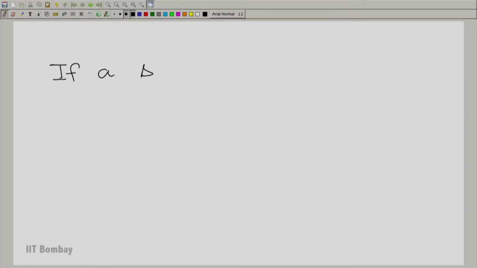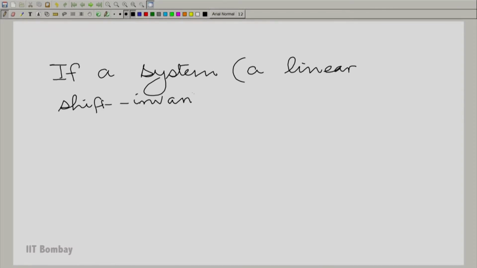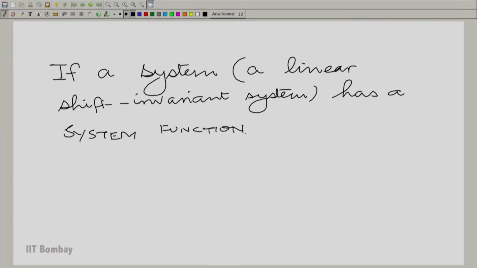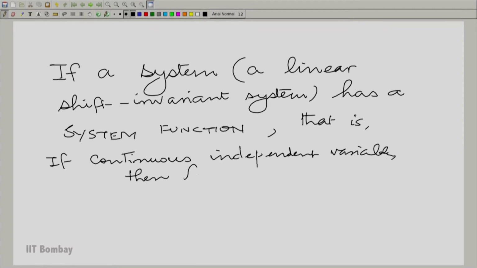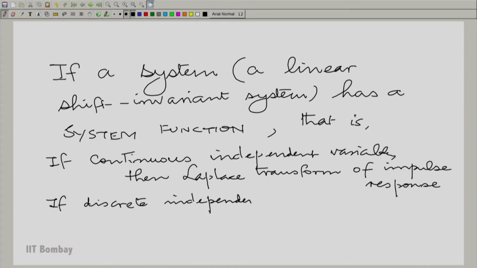If a system, and of course, it has to be a linear shift invariant system, has a system function, that means, if it is a continuous independent variable system, you are talking about the Laplace transform of the impulse response. If discrete independent variable,